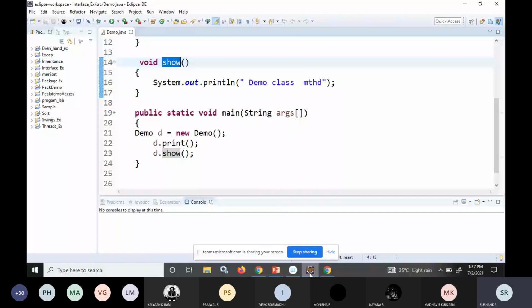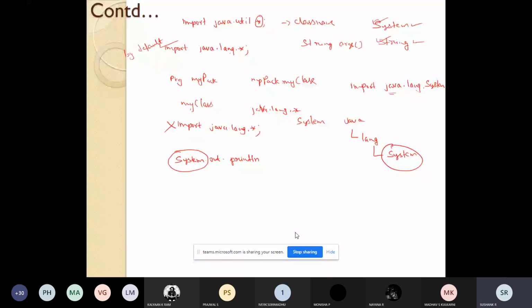Since the JVM is using this line, you can use this class name directly. For example, if the JVM is not importing this line, then whenever you want to write System.out.println, you have to write java.lang.System.out.println.